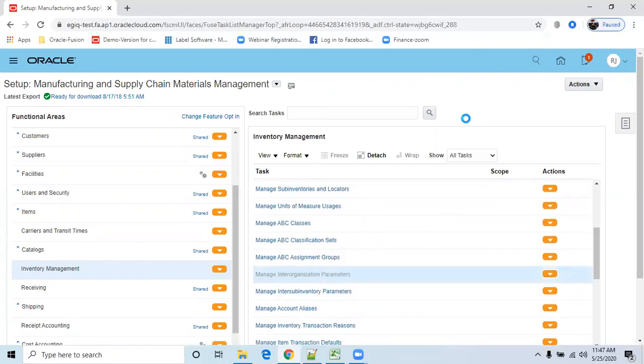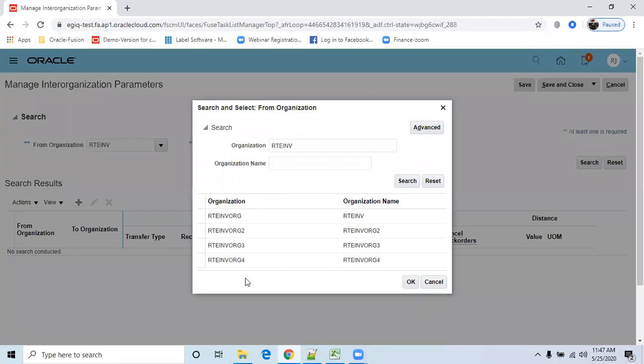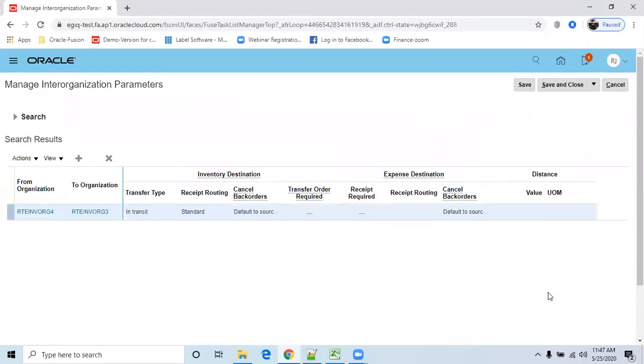Click on that. You have to give your source organization. We are discussing this RT inventory org4 as my source organization. Click on search. The system will display what organization parameters have been set up.